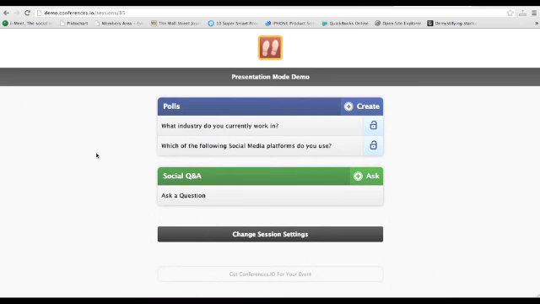So the presentation mode feature can be a great way to integrate your PowerPoint or Keynote presentations directly with the app. But it can also just be a simple way to display your poll results onto a large screen or whatever screen that you're projecting in front of your audience. So you can also use the presentation mode to project these poll results without requiring any sort of additional slides